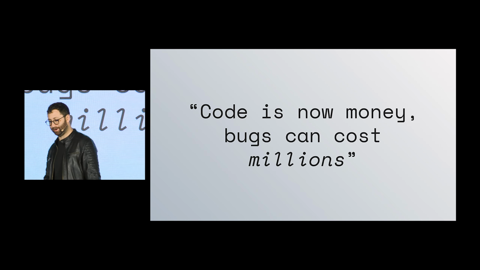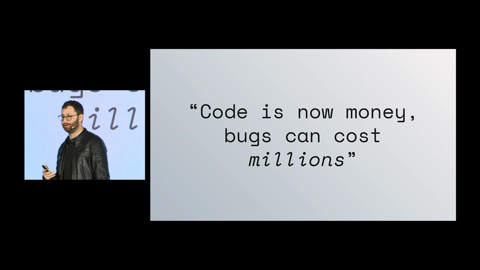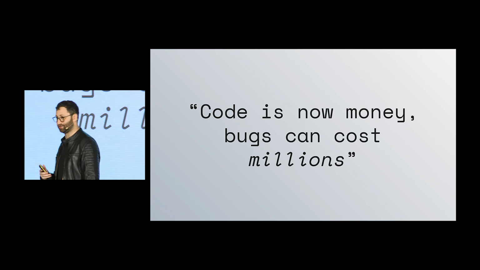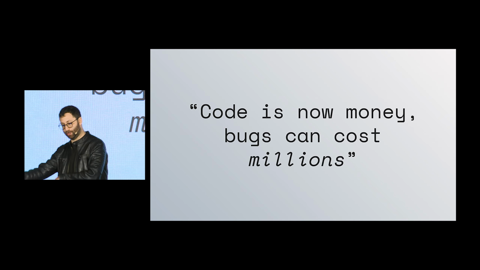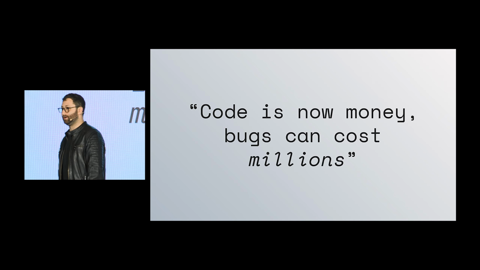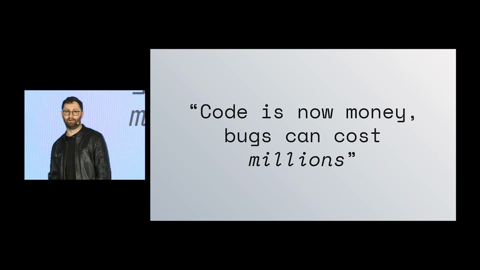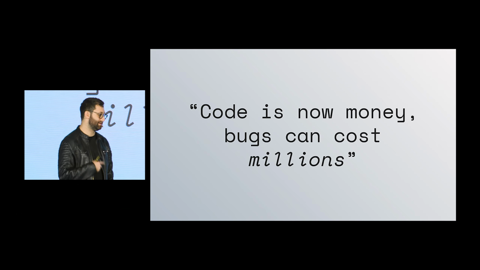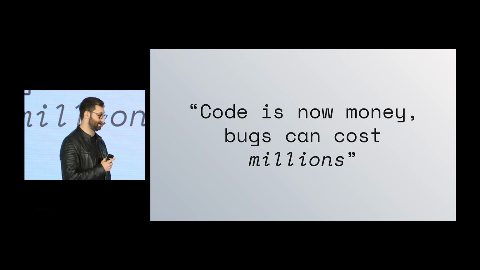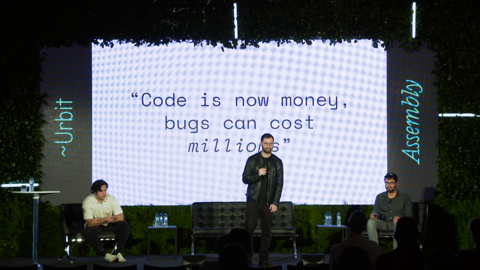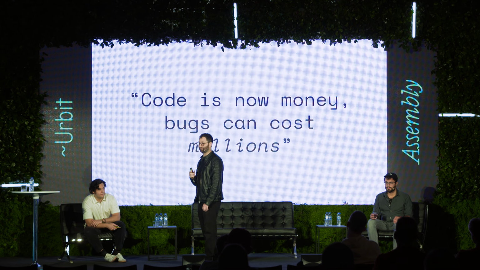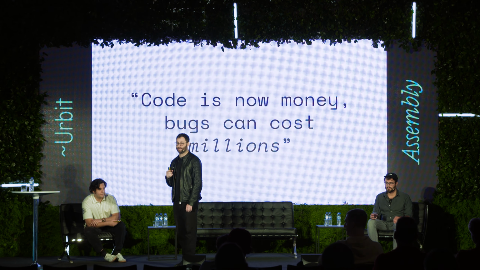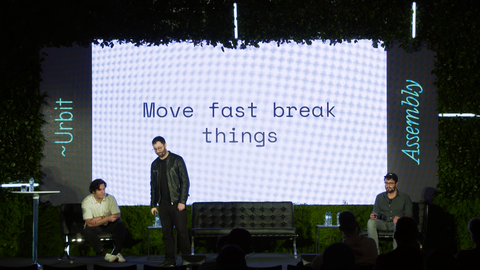So code is now money, but bugs can cost millions. The DAO, they were trying to build this venture capital firm that's decentralized, and strung together all this different code, and it's acceptable for code to have bugs, but on smart contracts, on blockchains, those bugs are incredibly costly. So $150 million and maybe this existential risk for Ethereum by hard forking the actual chain and reversing history.